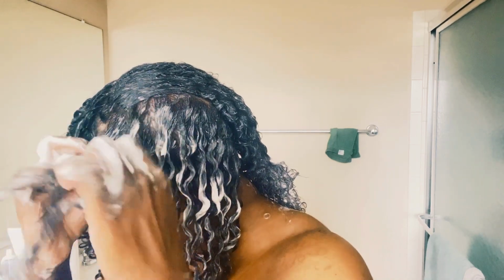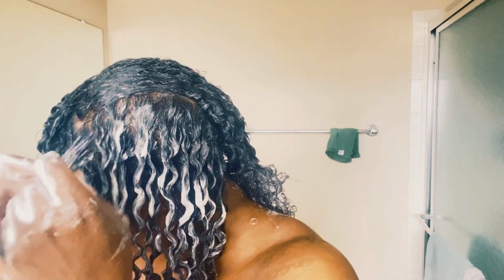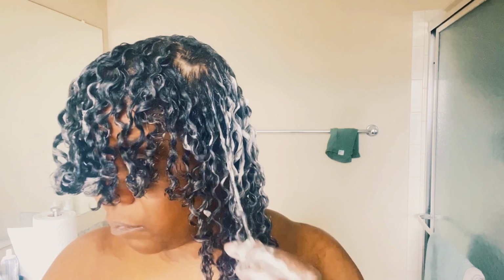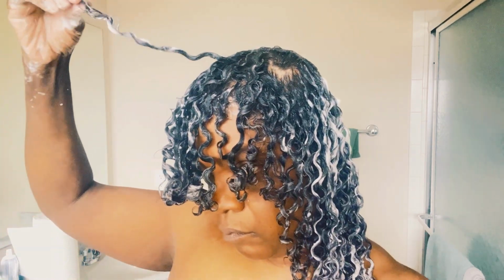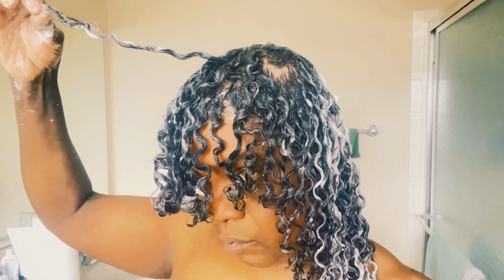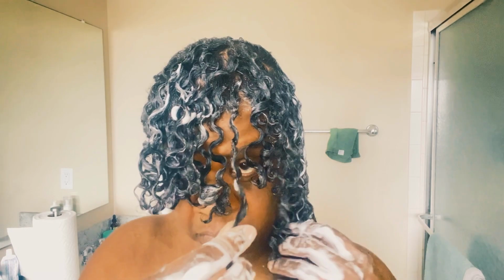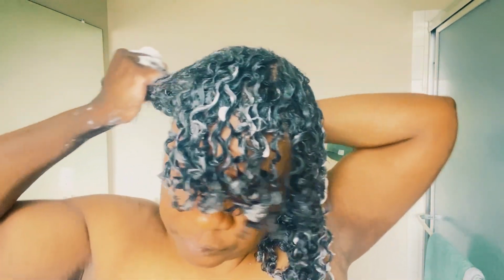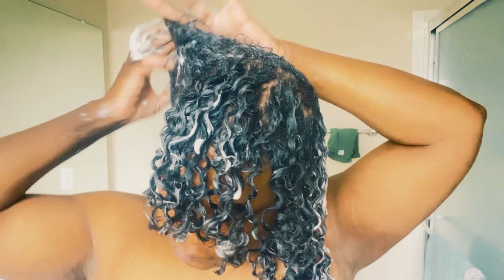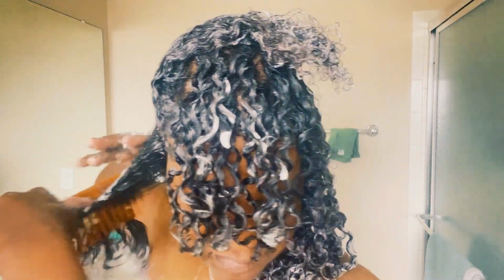By you shampooing your hair more often, you'll know what hair you are after. If you don't see new hair coming in, just wait and continue with the process. Now you can see why you have to shampoo your hair more often, because all you're doing is just defining what your curls naturally do. Now you can see why creams and oils don't work, because